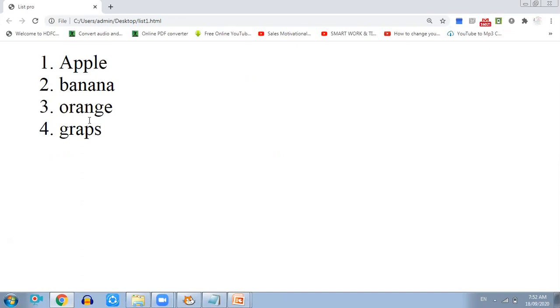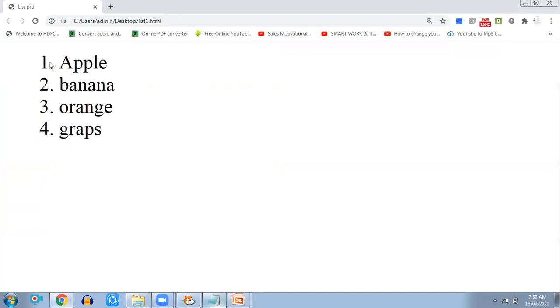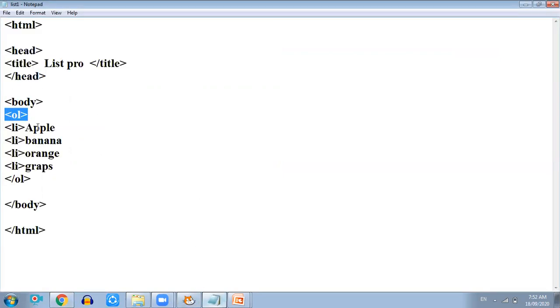You will find one thing here: I didn't type the numbers 1, 2, 3, 4. I just typed LI over here. So automatically when we give an ordered list, it applies the numbers automatically. This is the advantage of using an ordered list. Numbers will apply automatically. I hope you got it, this is what I'm talking about. So an ordered list comes with numbers, any series of numbers. Here we have numbers 1, 2, 3, 4. Got it? So I think it's quite easy for you all also. Just type OL, LI and the list item, and then finish.